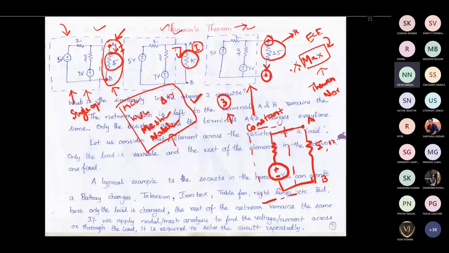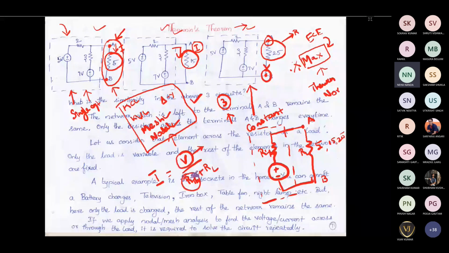Okay, so if you replace this circuit with this circuit, I have replaced this constant circuit which is mentioned in the dotted line with this kind of thing, then I can find the current very easily by using the simple formula as V divided by, let's say this is RTH, and this is RL. In this, V will be already fixed and this RTH will also be fixed.